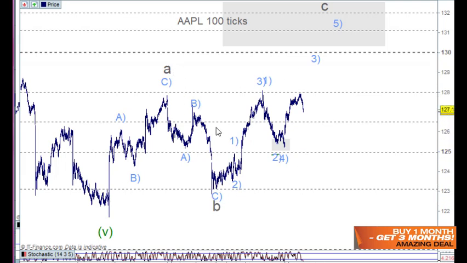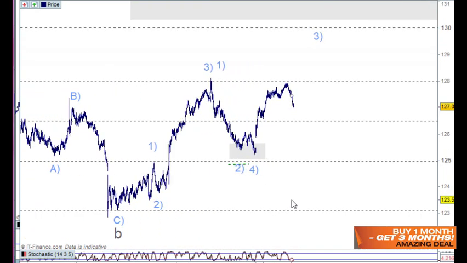Now, I've had a little bit of difficulty with this here. It is possible to count 5 waves up here. So from that low there, we've got 1 and 2 and 3 and 4 and 5 here for 1 and back for 2 here. So I could get a 3rd wave out of here and a 4th and a 5th and have a top in here, as I had yesterday,